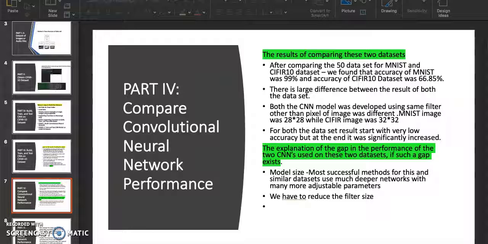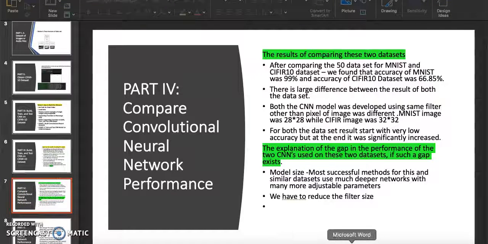There is a large gap between the performance of the two CNN models on these two datasets, and I think the major difference is the model size, and another thing we have to do is reduce the filter size.